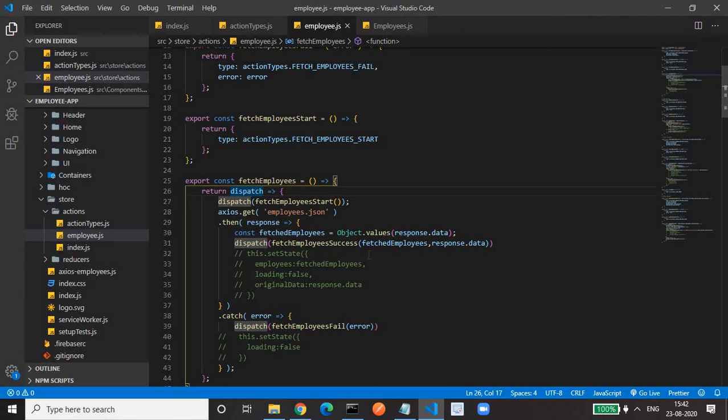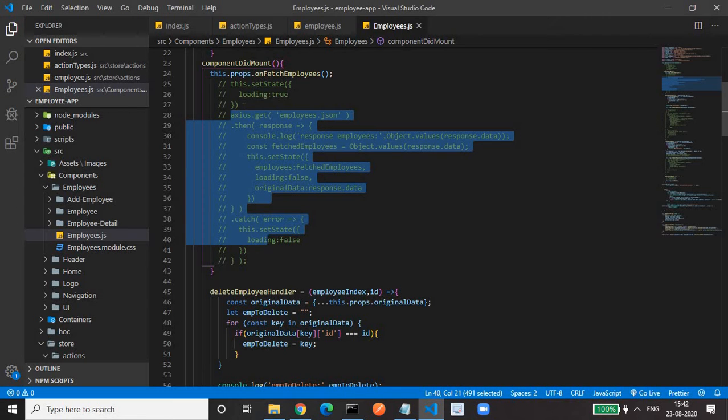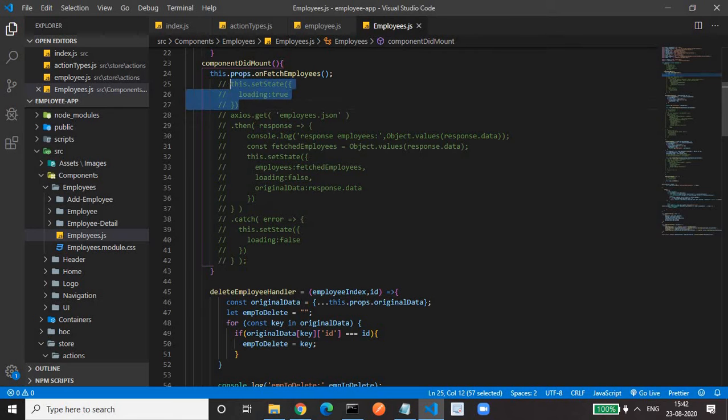So if we have seen here, in the component did mount, when we are doing our Ajax call, we need our spinner to appear till the data is being fetched from the database.